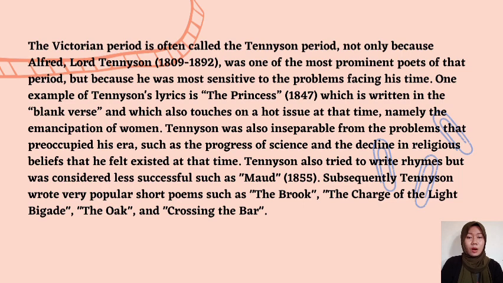the emancipation of women. Tennyson was also inseparable from the problems that preoccupied his era, such as the progress of science and the decline in religious beliefs that he felt excited at the time. Tennyson also tried to write rhymes but was considered less successful, such as Maud, 1855. Subsequently, Tennyson wrote very popular short poems such as The Brook, The Church of the Light, Because, The Oak,